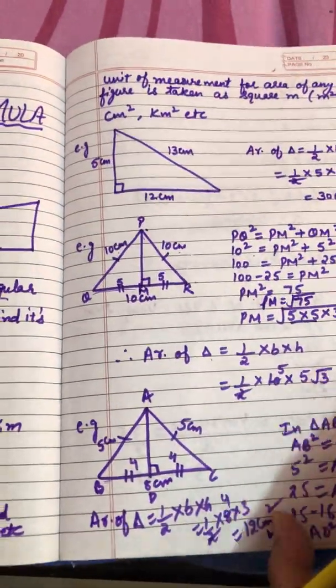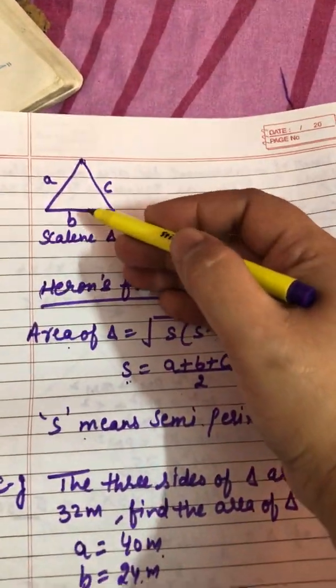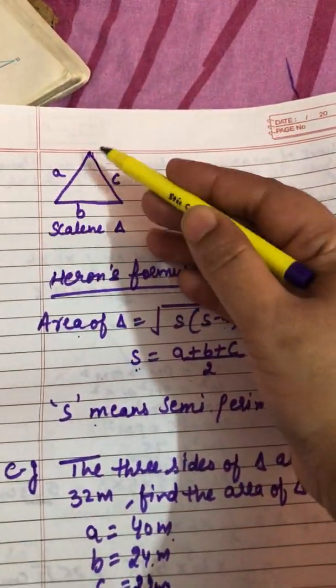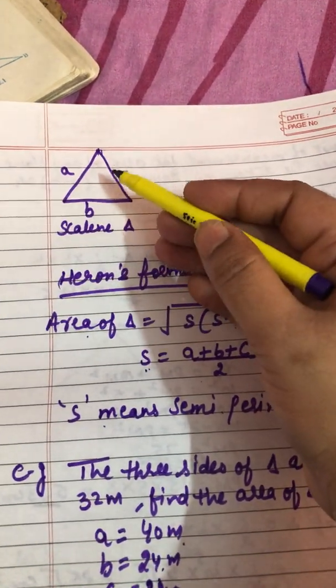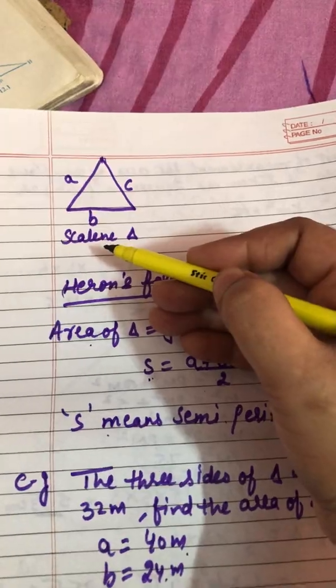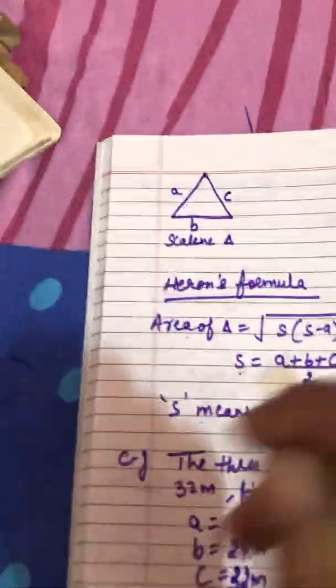Now children, what will happen? Now what will be the area of this triangle whose all sides are unequal? Let the sides be A, B, C, and all sides are unequal, and we know that type of triangle is called scalene triangle. Now what will be its area? For that